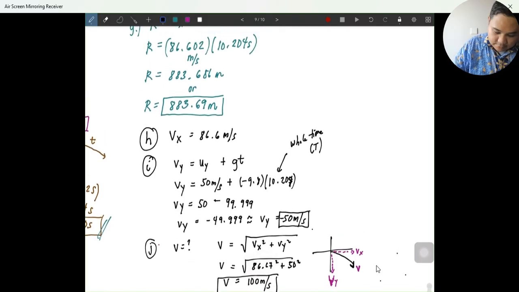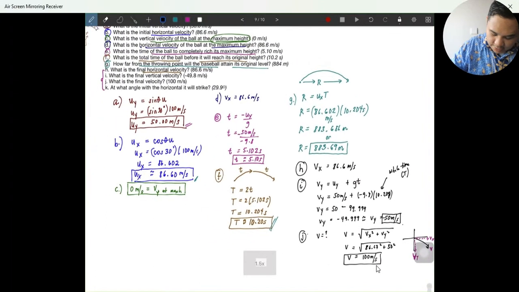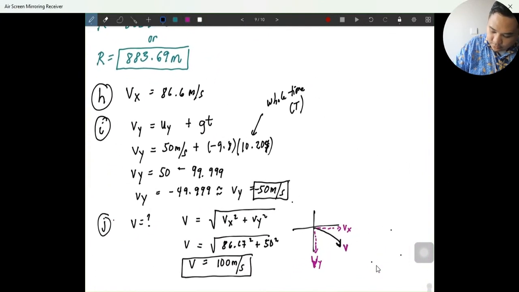For the angle, it's the question. At what angle? Okay, so at what angle? Remember, we have the tangent, right? So tangent of theta is equals to Vy over Vx,